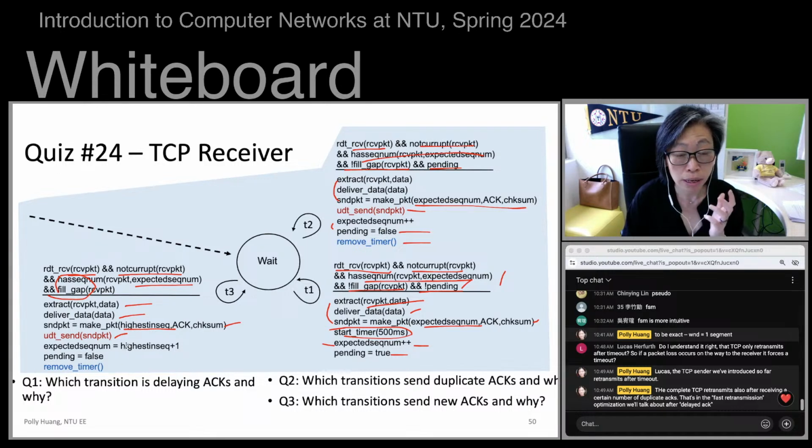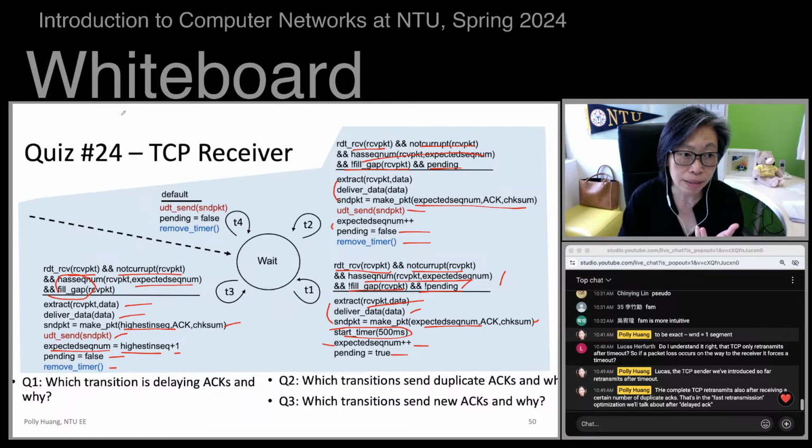Then the expected sequence number next is the highest sequence number plus 1. And of course we change the pending state back to false and remove the timer, in case there was a timer set up because an ACK was pending to be delivered. So this is the fourth event.